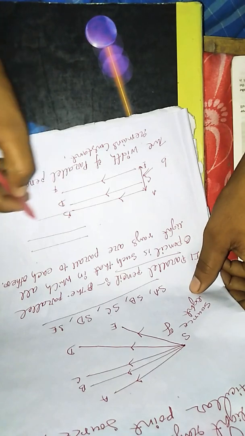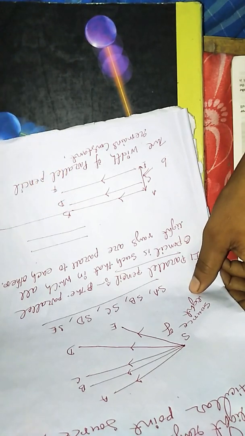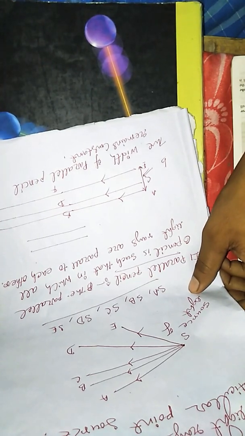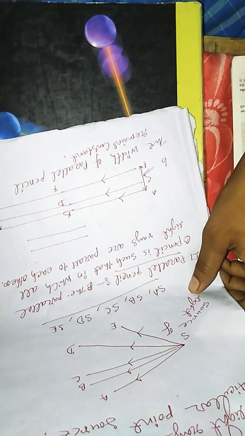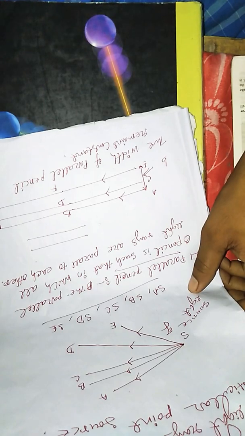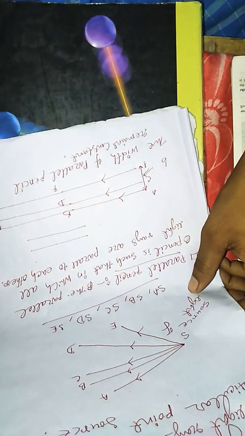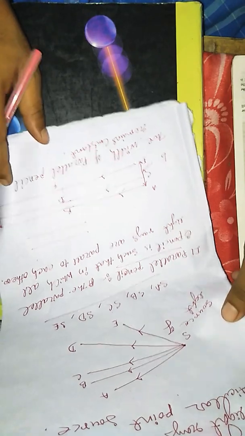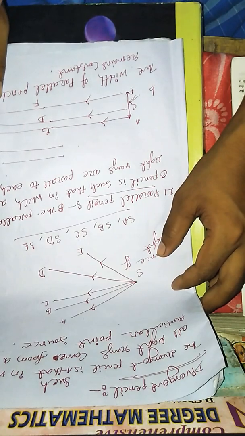If these rays come from A to B and then go to another point M, and these rays go to another point N, and these rays go to another point P, their width, that means this distance b, will remain the same. Here also b, here also b. That means the width of the parallel pencil remains constant every time, and width doesn't change at any point of the parallel pencil. So this is all about the light rays and the pencil.